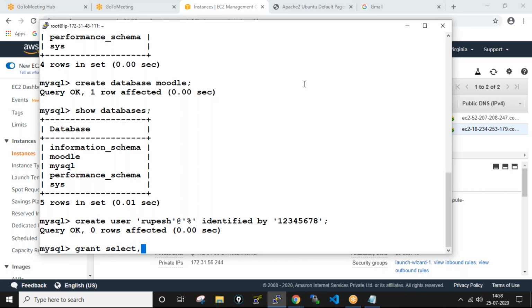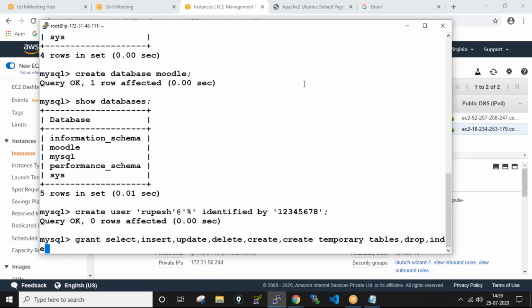So grant select, insert, update, delete, create temporary tables, drop, index, alter on our model server. So model.* to our username,